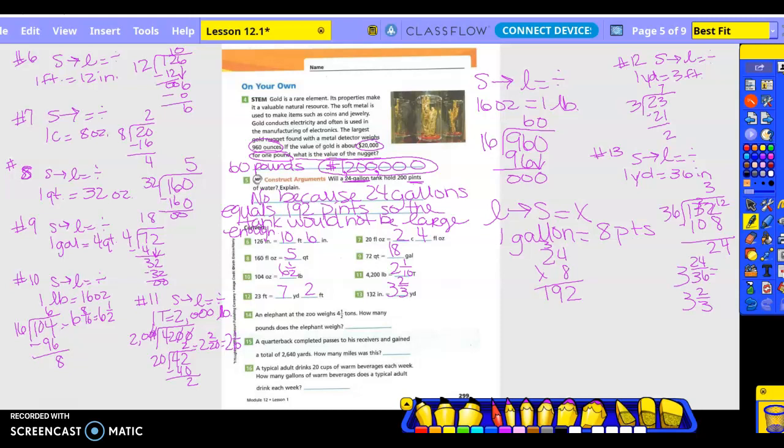An elephant at the zoo weighs 4.5 tons. How many pounds does the elephant weigh? So 4.5 tons. Then I want to go from pounds, or